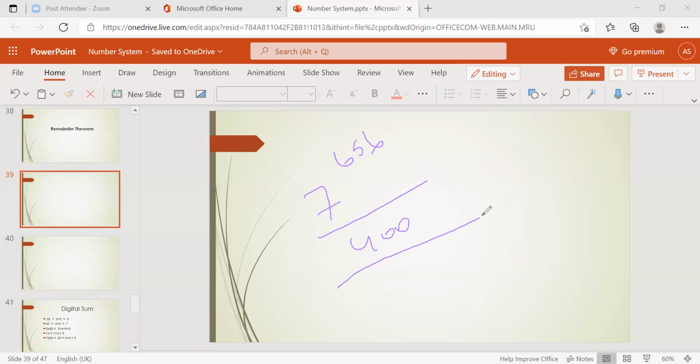Now, how can we write this? So to write the remainder theorem fast, the multiplications should be fast, right? So 7 power 4 is nothing but